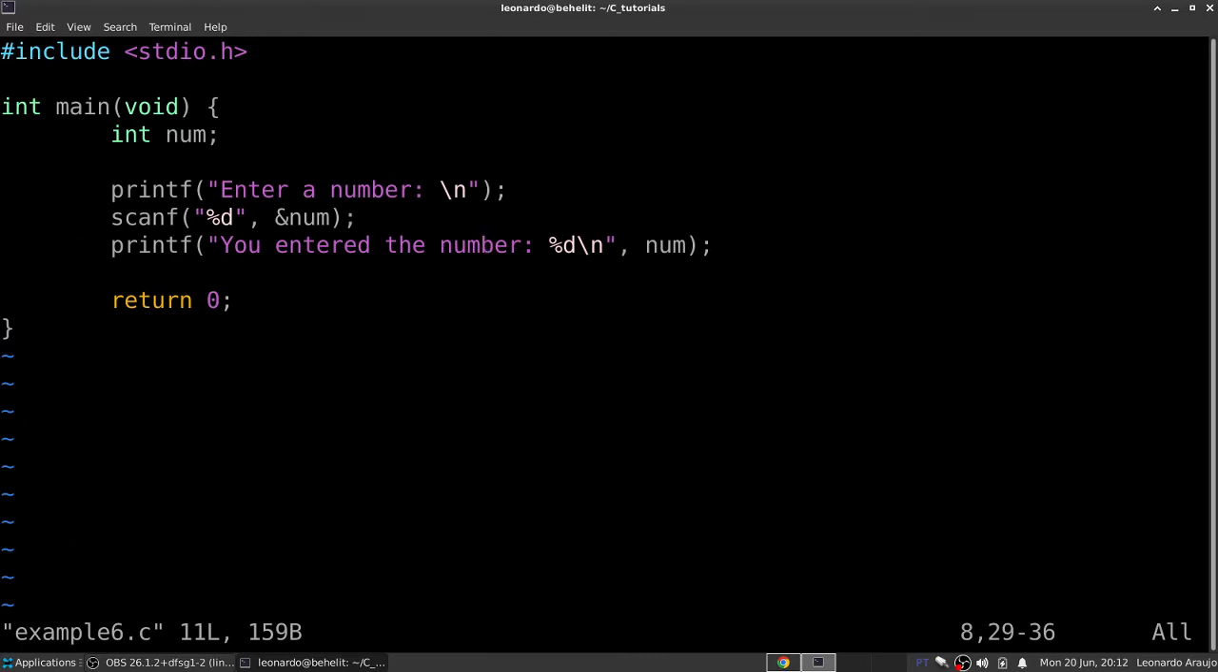And now let's implement some checks for this number. For this we use a so-called conditional statement or if statement, which is a keyword in C, as you can see here. If it's in yellow or green, then it's a keyword, a reserved word in C. So let's check if this number is greater than 10. For example, if num, here we open